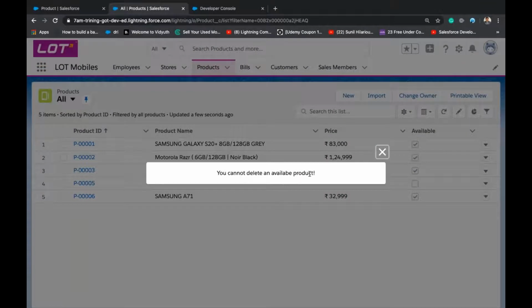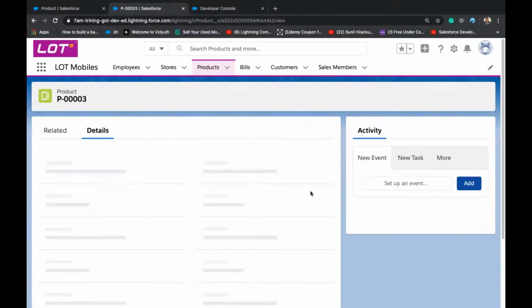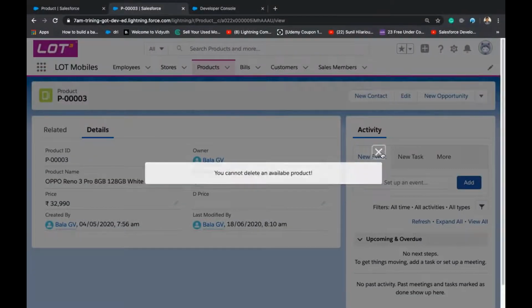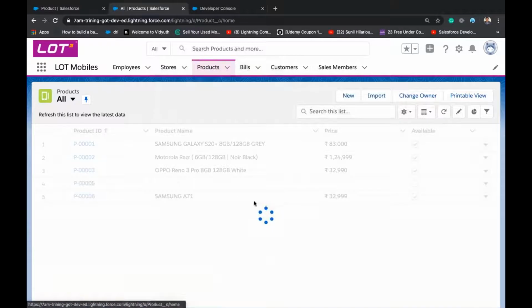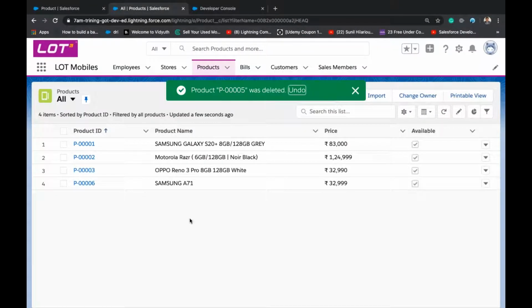But let us try to delete this product. You cannot delete an available product. So when the product is available, we cannot delete it because we have written a trigger to prevent it, right? But if product 5 is not available, we can delete it, but we cannot delete any of the available products.